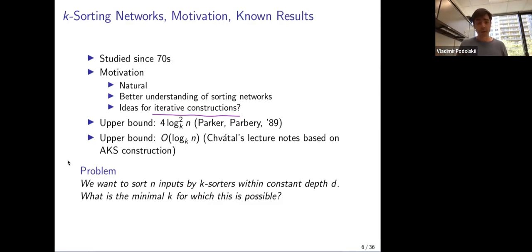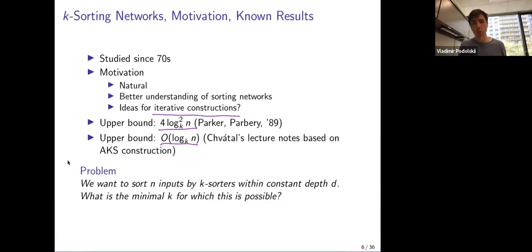That's the idea. Okay, so what about upper and lower bounds? The upper bound here, again, there are log squared upper bounds, and the best one is like this, so the constant is even known, so it's 4. And also there is the goal of a log n construction. Note that here the base of the log is K now. And it is a generalization, so you can actually get it from